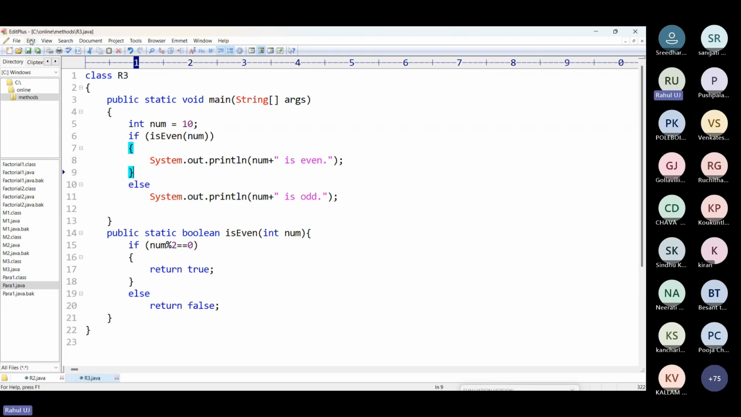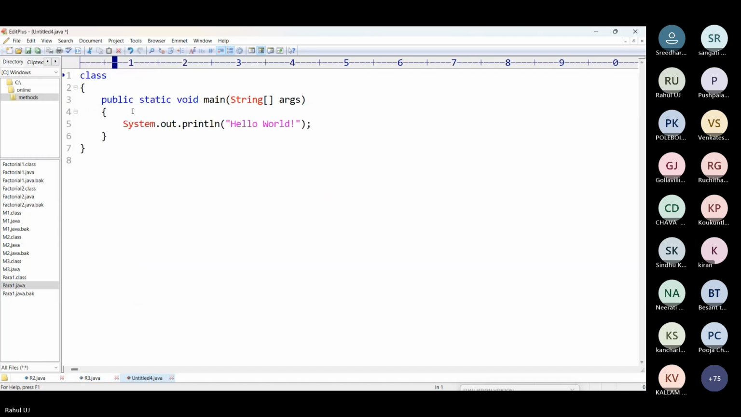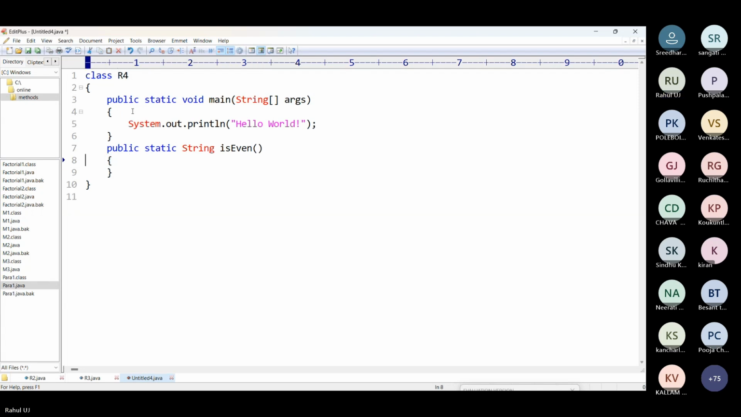Okay. So here I will say R4. Public static string. What is my return type here? My return type is string. So string isEven, int n. Okay. So here first itself